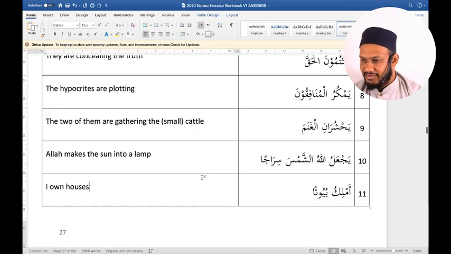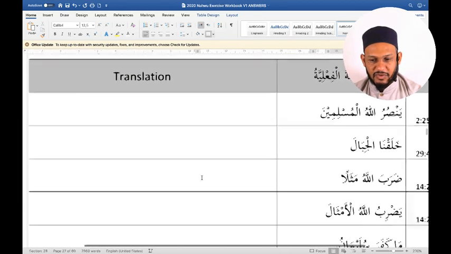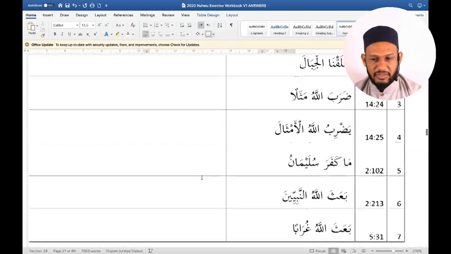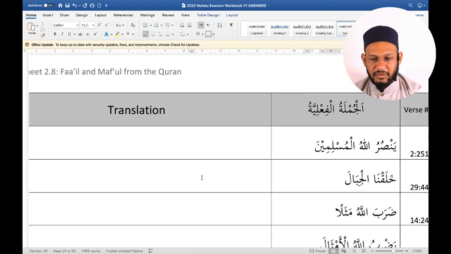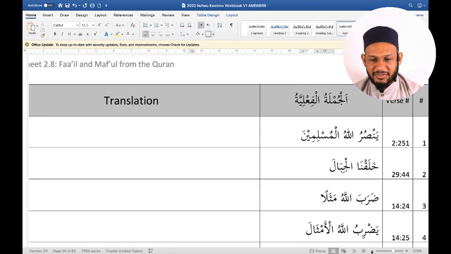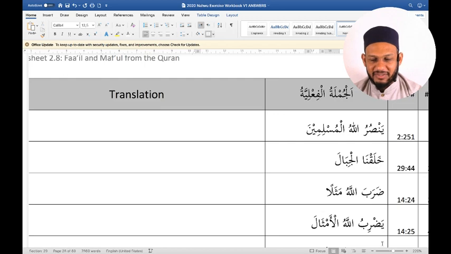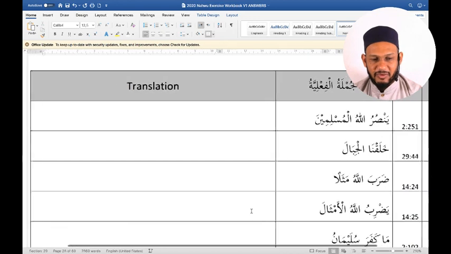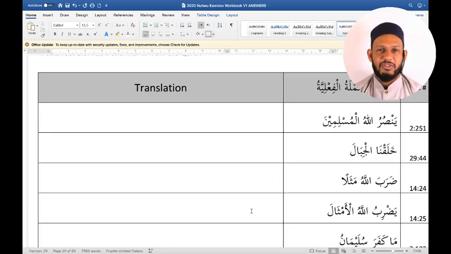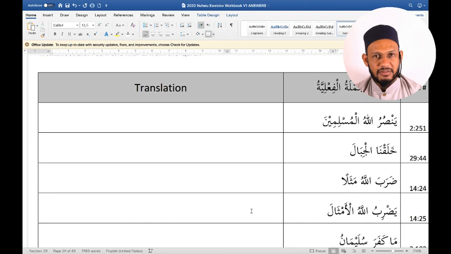Okay, so that's done. All good. The last exercise of homework was 2.8, number 1 to 7. I hope you are marking your homework, not just writing it down frantically, inshallah. You have to practice the word patterns and sentence patterns, so it becomes easy when you study Quran. Because there's only two jumlas. One is jumlatul fi'liya, and it will always work like this: fi'l, fa'il in raf', and maf'ulun bihi in nasb, all the time. Bismillah, next one.